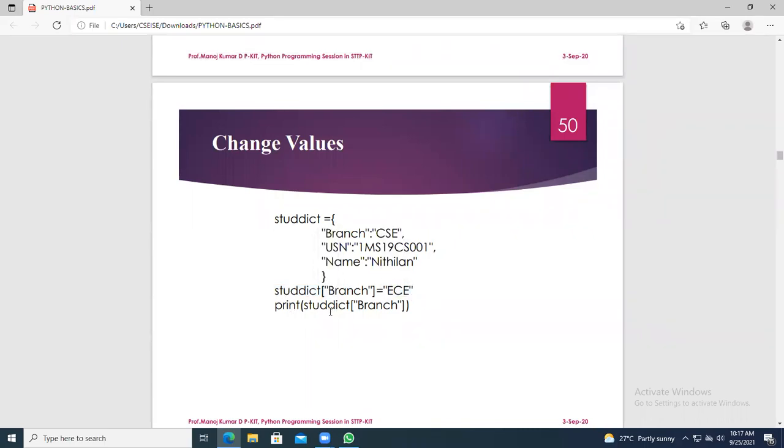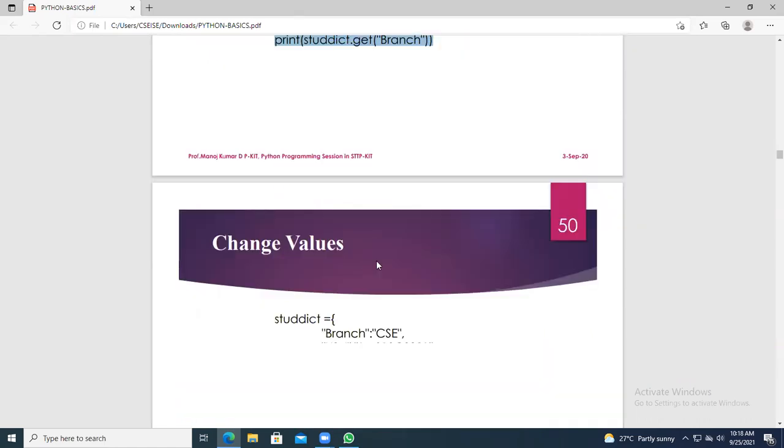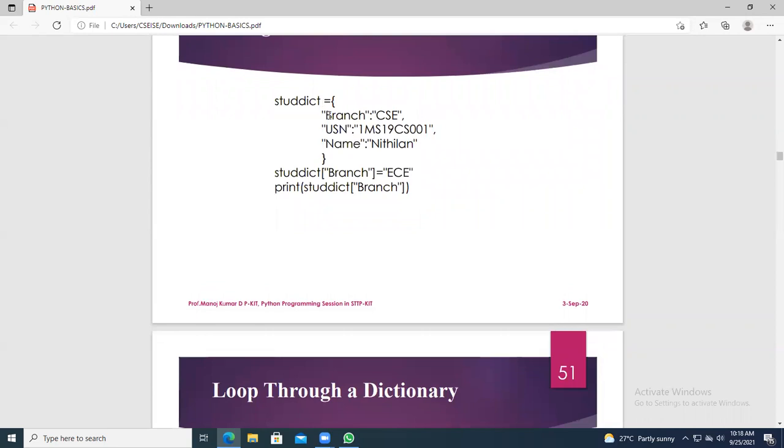Then you take print of static, that will print each and everything, or you can take print of static dot get. So keep in your mind, most of the time, make use of this get if you are using one particular item. Suppose you want all the things to be printed, you can simply take print of static.